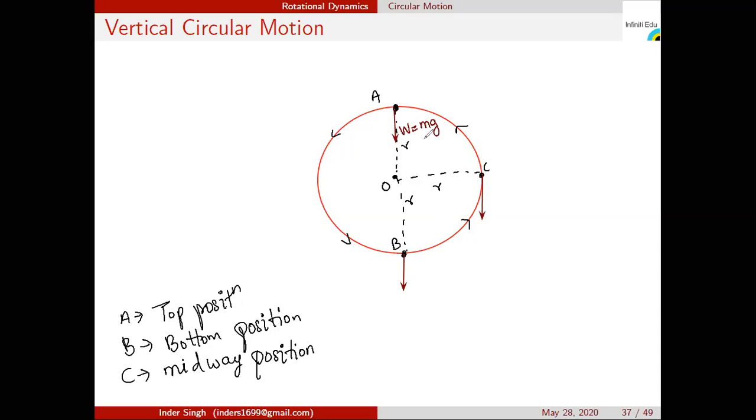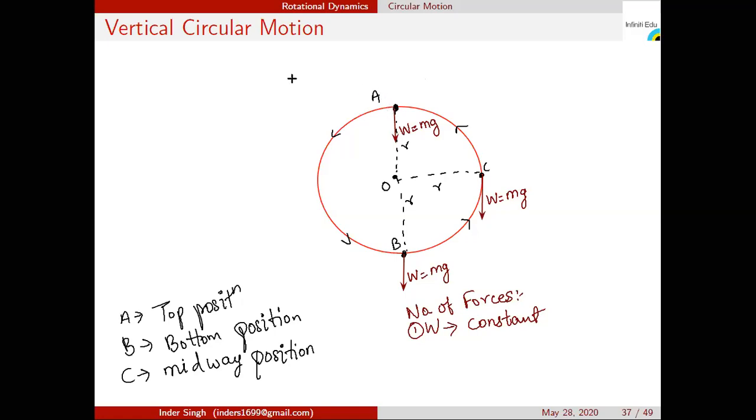Acceleration due to gravity is always 9.8, it is not changing. So the weight is constant. It is not only constant in magnitude but also constant in direction, because at each and every position the weight is vertically downward. So the first force is the weight, and it is constant. Next, if I talk about tension, the tension will be